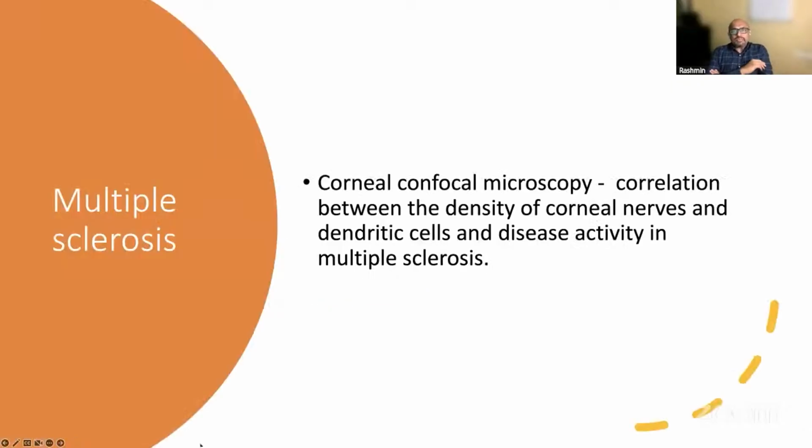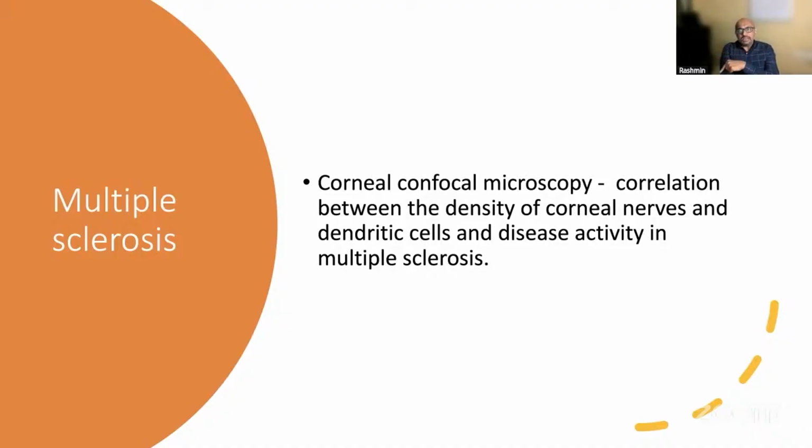And this is the last part. As I mentioned in the beginning, these nerves are myelinated and they lose their myelination just after they enter the cornea. So can it be used as a marker for multiple sclerosis? I found studies using corneal confocal microscopy that found a correlation between density of corneal nerves, activity of dendritic cells, and disease activity in multiple sclerosis. In other words, they found that multiple sclerosis can have a loss of density of corneal nerves, especially in certain varieties of multiple sclerosis, not all,